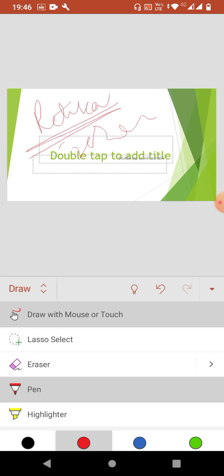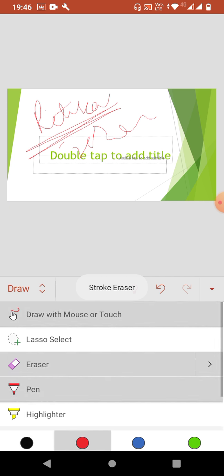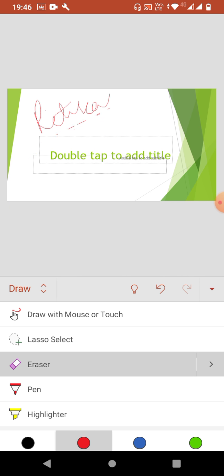It will look like that. If you have a writing pen and tablet along with your phone, you can make your presentation more beautiful. I'm going to erase that. It doesn't look so good, but professionally you can do many things from here.